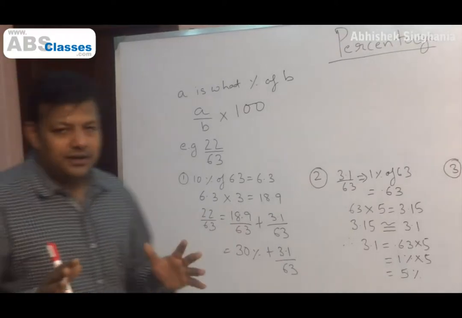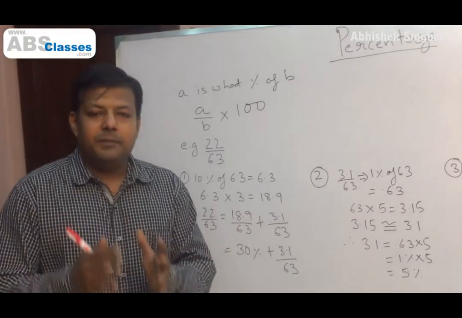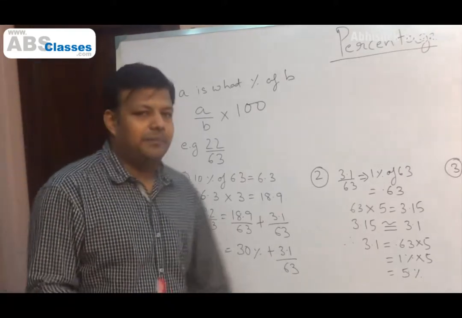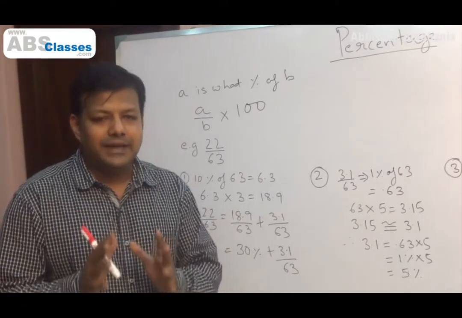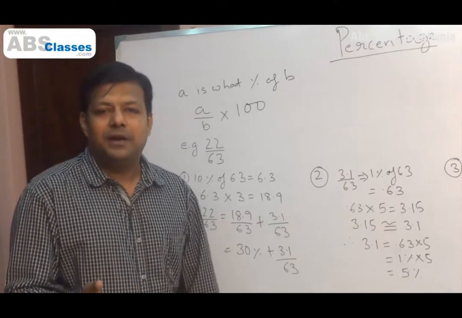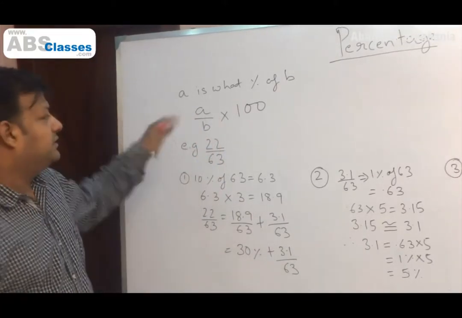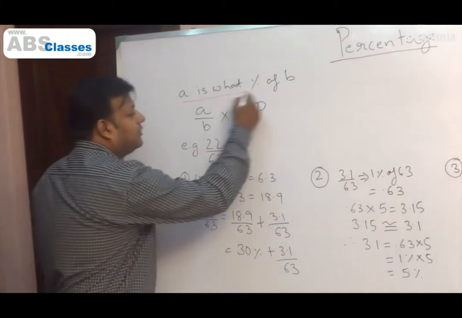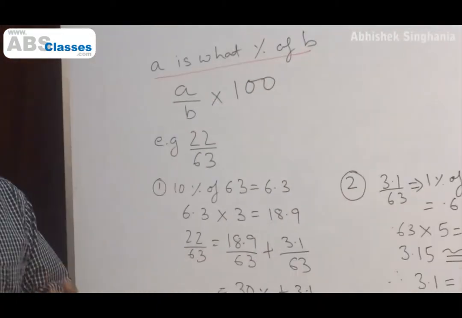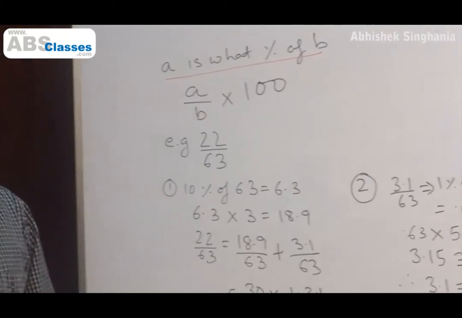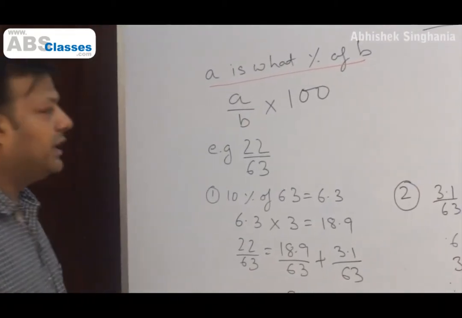Alright, so we discussed a percent of b, right? We discussed with all those examples, and now let's come to the second part, and unfortunately the slightly tougher part. We saw in the first part, multiplication plays a crucial role. Here in these kind of questions, a is what percent of b? It is more about approximation, more about developing an instinct for these kind of percentage numbers. Let's go into the details and see how we can go about it.